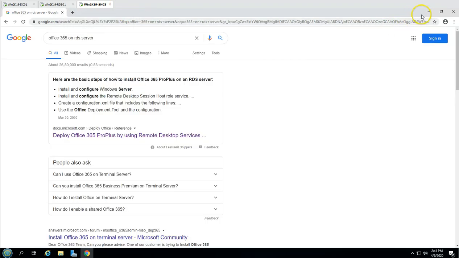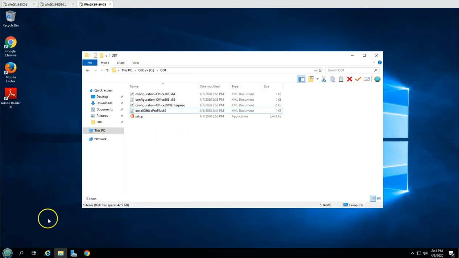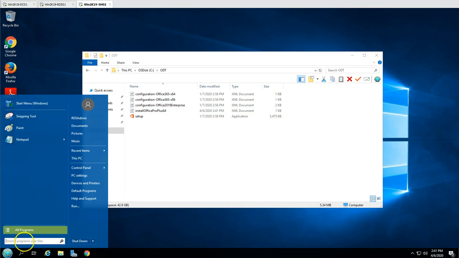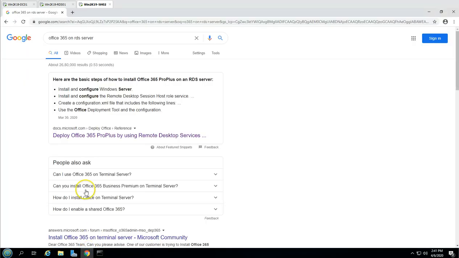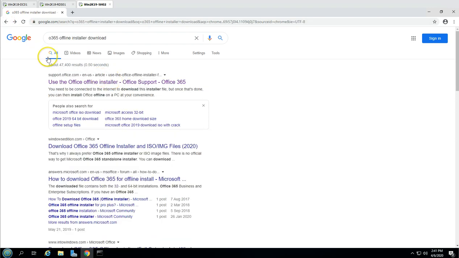So this is done, and now we are good. I'm going to open my command prompt here, cmd, cd codt, and now we are good to download our Office 365 by using that particular command which was given in that link. So I'm going to open that link,